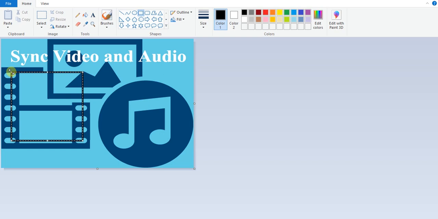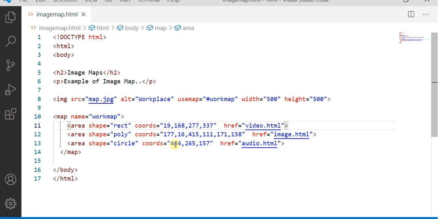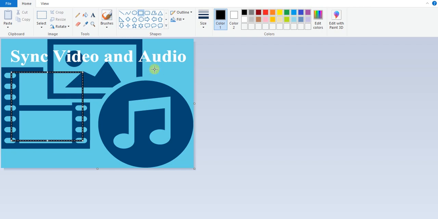These are the coordinates, the first two values for the rectangle. Same like that, in the right bottom you place the double headed arrow. Now you will get another two pixel values. These two pixel values are represented in coordinates. Totally 4 coordinate values we find out for the rectangle.